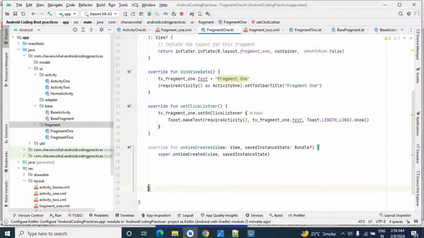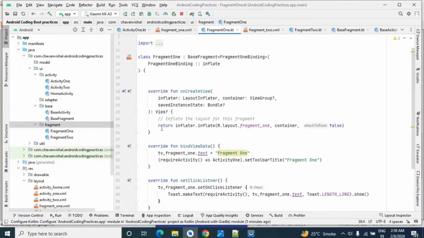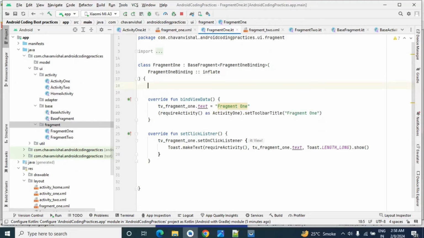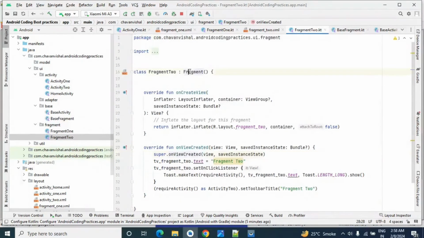Now I have added this. Now we have our on view created method. We don't require this method, we can just remove it. Also we can remove our on create view method because we have already added this method in our base fragment. Now if you see in our fragment 1, we have just the bind view data method and the set on click listener method. Again, let's go to fragment 2,